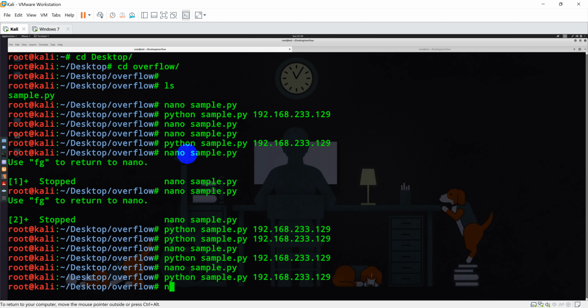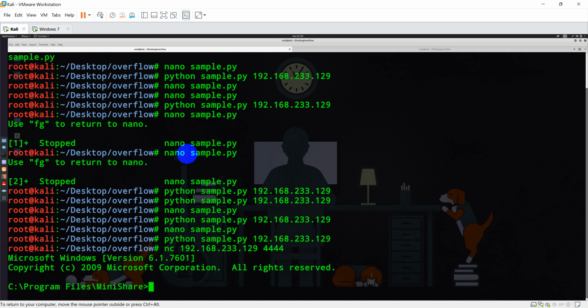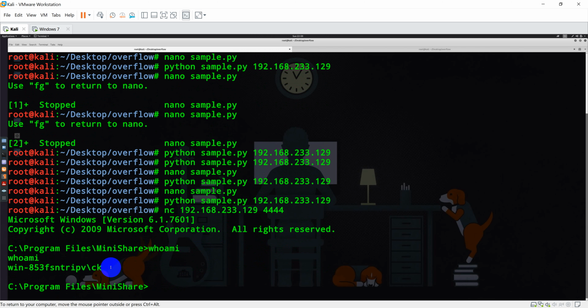So I can simply type netcat -nv 192.168.233.129, and I want to connect on port number 4444. Great. Now we have received our bind shell communication that we opened via port number 4444. I can type whoami. This will show the specific user.